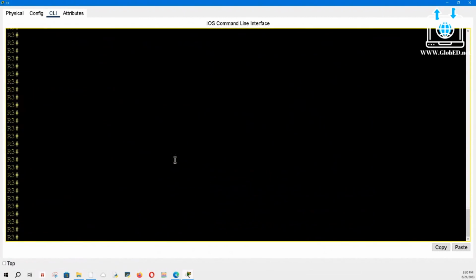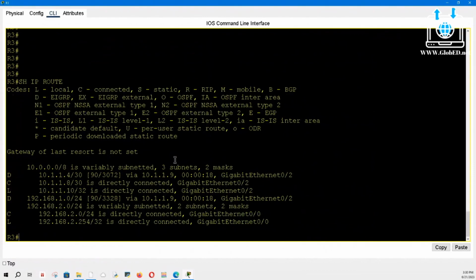Let's take a look at the routing table. Maybe I did it again. Swipe it out, and boom, no, I didn't. So now we have D's, right? That means DUAL, right? Well, if you look up here, D means EIGRP. These are your legend codes, by the way. If you get asked that question on a test, what are your legend codes? Well, there they are. So I am learning again about the 1.0 network. I'm also learning about the 10.1.1.4.